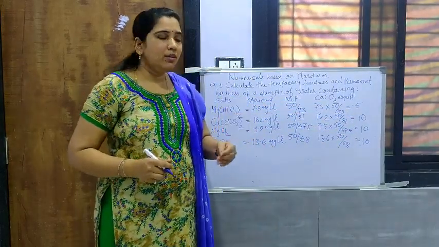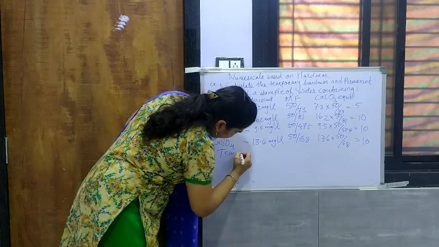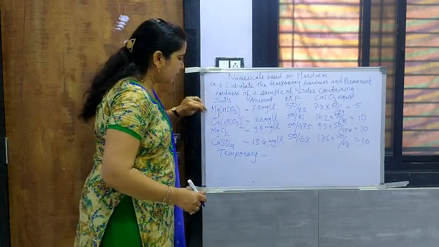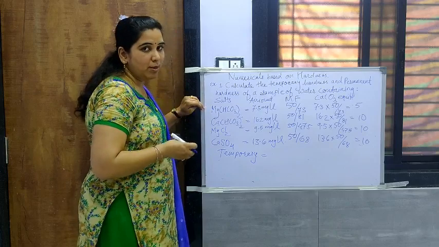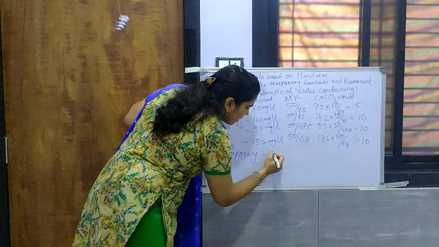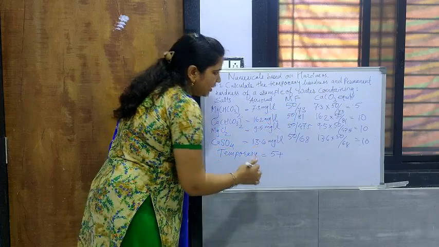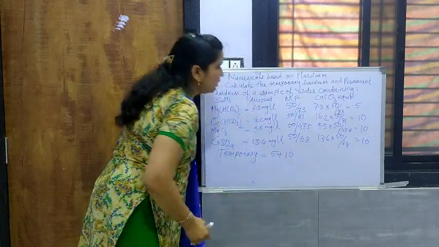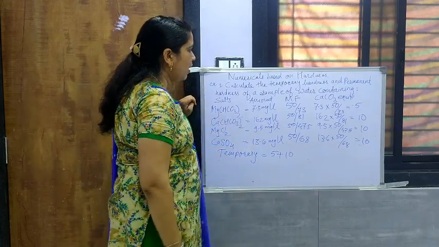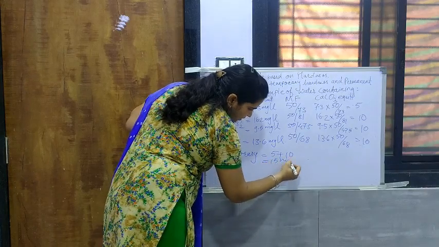Now we have to calculate the hardness. So first of all, temporary hardness. We know that for temporary hardness, the salts responsible are simply the salts of bicarbonates or carbonates. Now is this MgHCO3 by 2 a bicarbonate or carbonate? Yes, it is a bicarbonate of magnesium, so its value is 5. Just take this value plus CaHCO3 by 2, which is also a bicarbonate, with a value of 10. Both these values are in milligrams per liter, so simply 15 milligrams per liter is the answer.